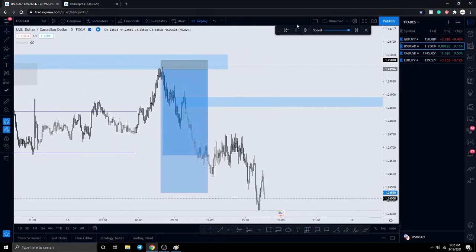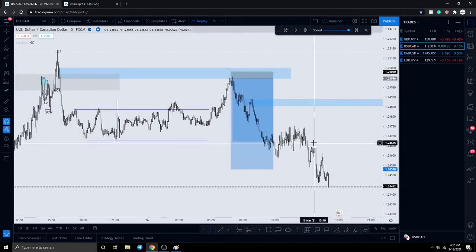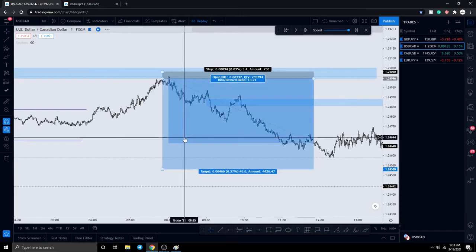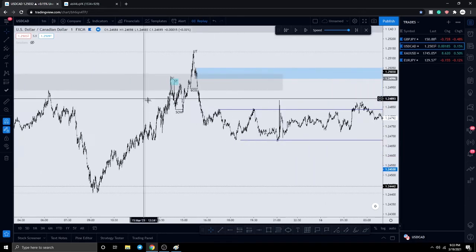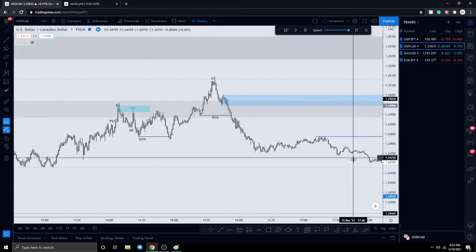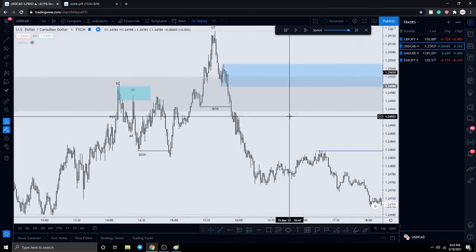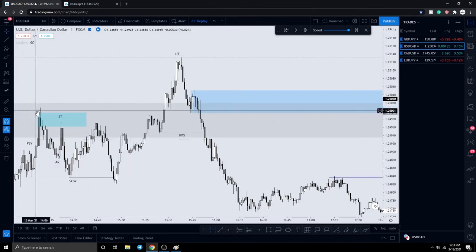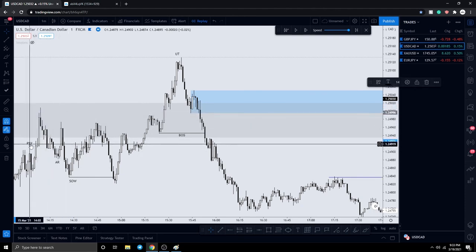It kind of consolidated for a bit, but basically Wyckoff can be really simple. Now you could have used different ways to enter this trade without Wyckoff at all. You don't need Wyckoff, right? For example, if I completely get rid of everything here,